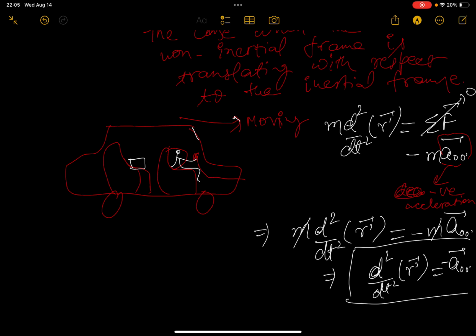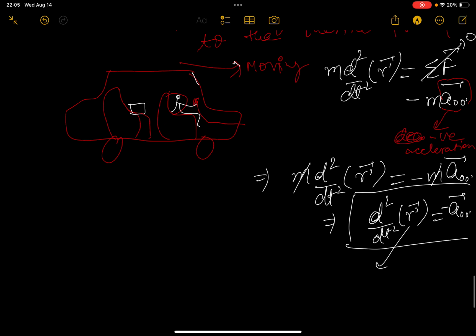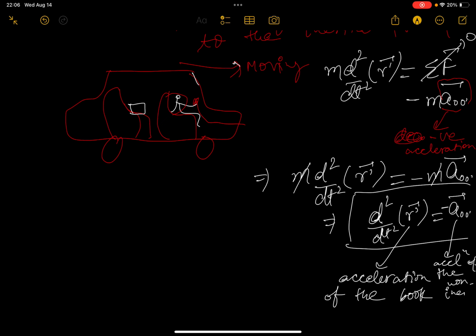What is this one? This one is the acceleration of the book. And this one is the acceleration of the non-inertial frame. So we conclude